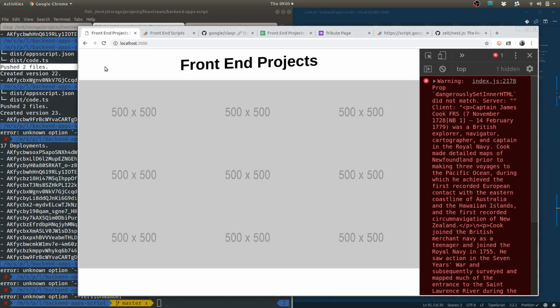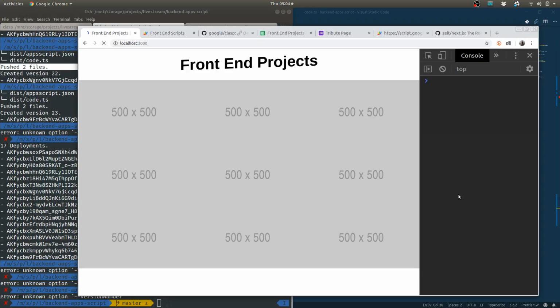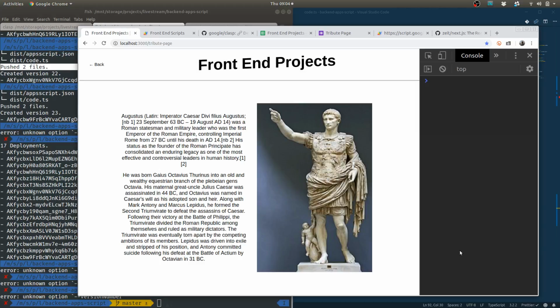Let's see if I go back to the main page and refresh. Does it still give me that error? No. If I click on it now, does it give me the error? No. I think I do want to create a refresh button on here. I don't need to pass in this tribute. But that's going to be a problem for tomorrow. Tomorrow I'm going to do